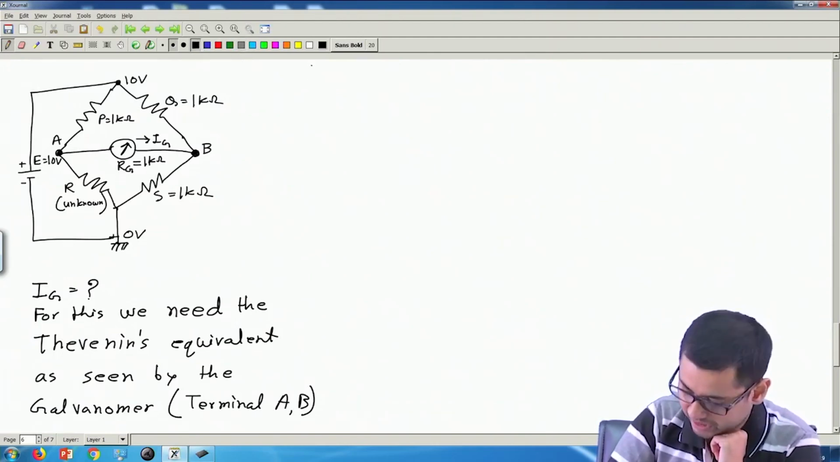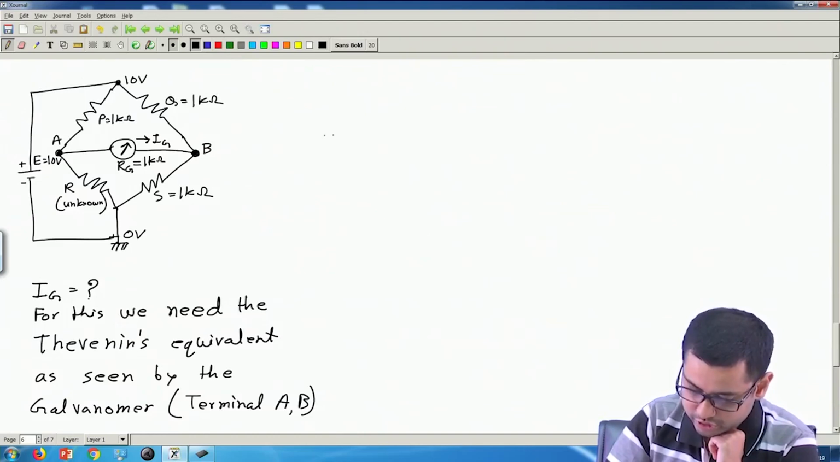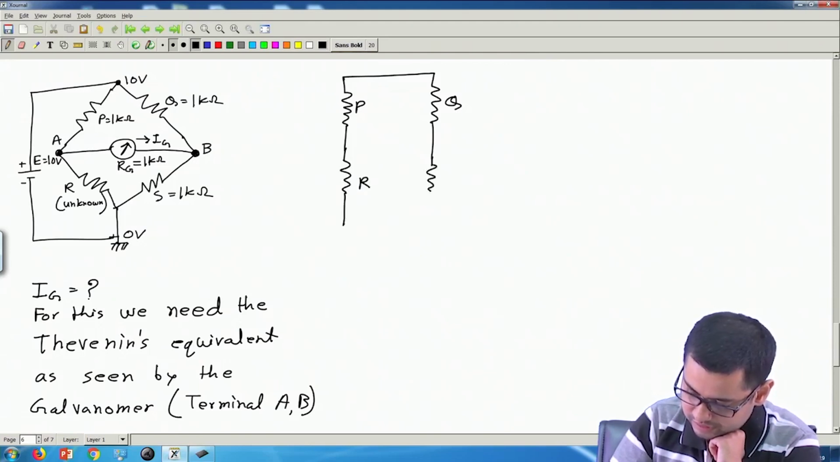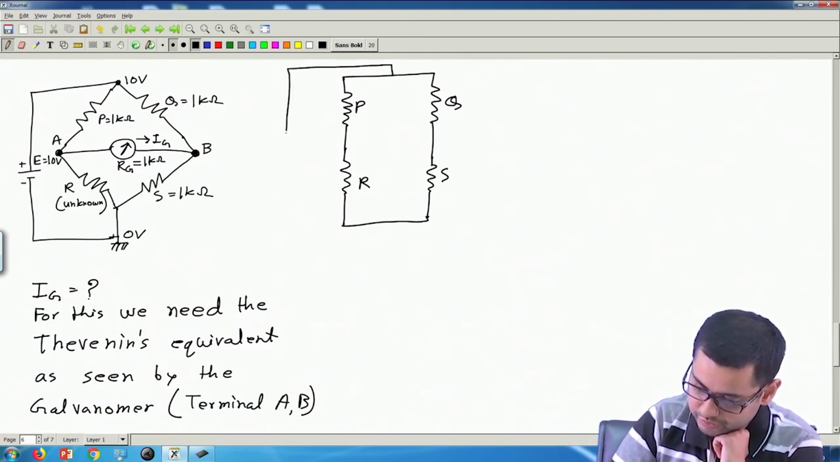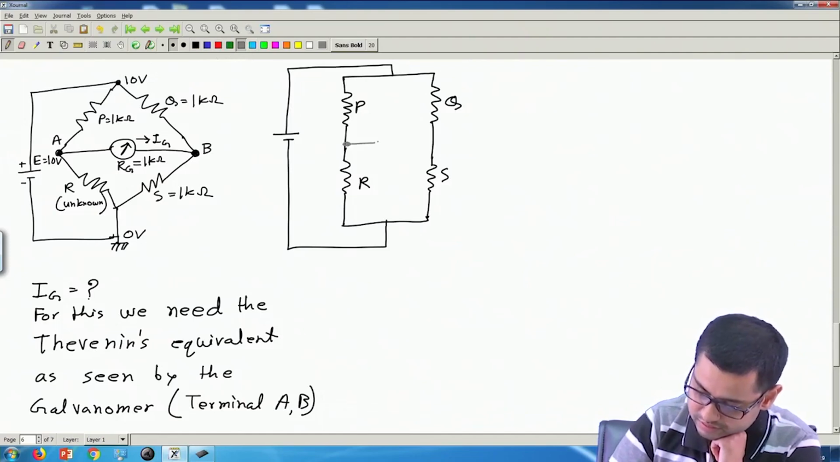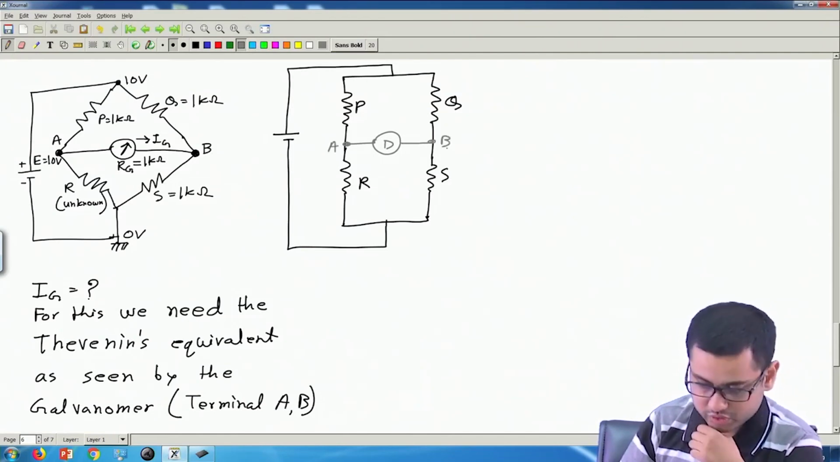Okay. So, let us draw the circuit first as seen by this galvanometer. So, let us remove the galvanometer and draw the circuit like this. So, I am going to draw it like this: P, Q, R, S. Between this we have the source and the detector was here. This is point A and this is point B. Okay. So, the detector was here,